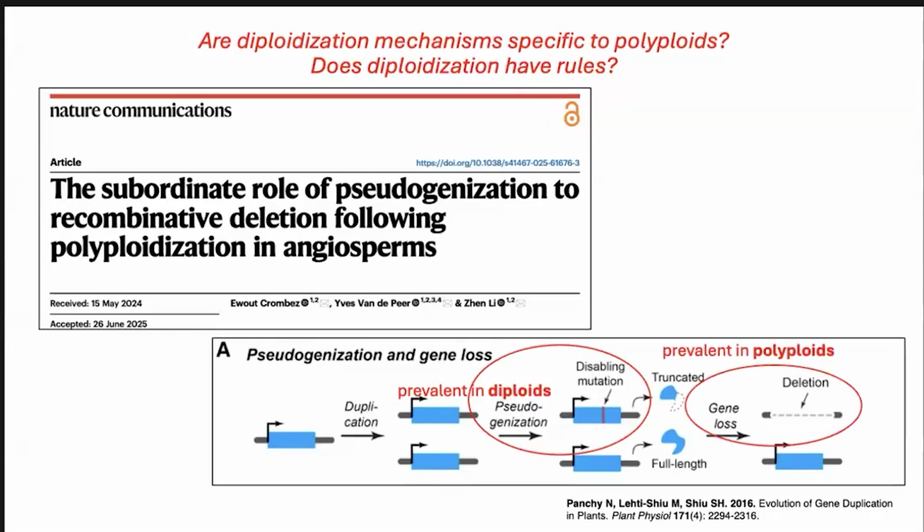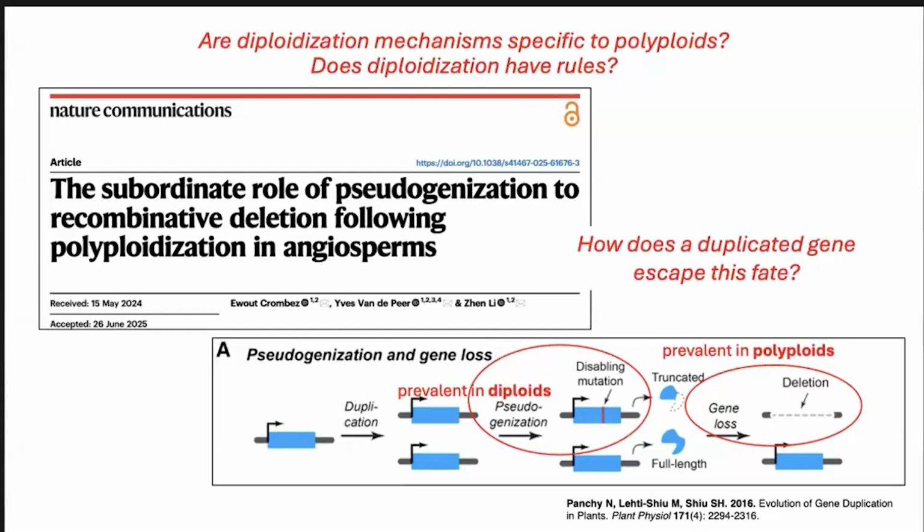And they see much more of that in many, many genomes that they've looked at in the process of writing this paper. So that would be one way in which perhaps there's something special about polyploidy in these mechanisms that are leading to diploidization. So another question, of course, is how does a duplicated gene escape the fate of being